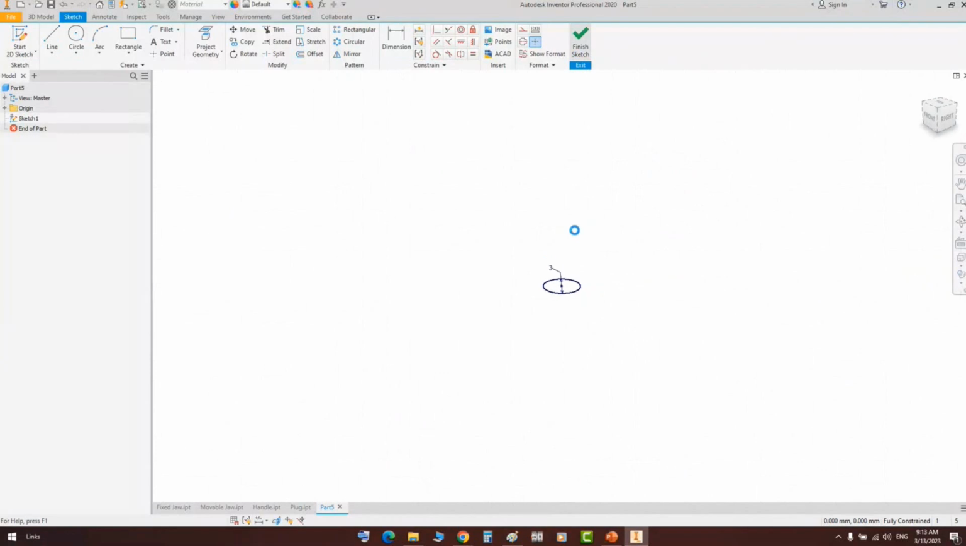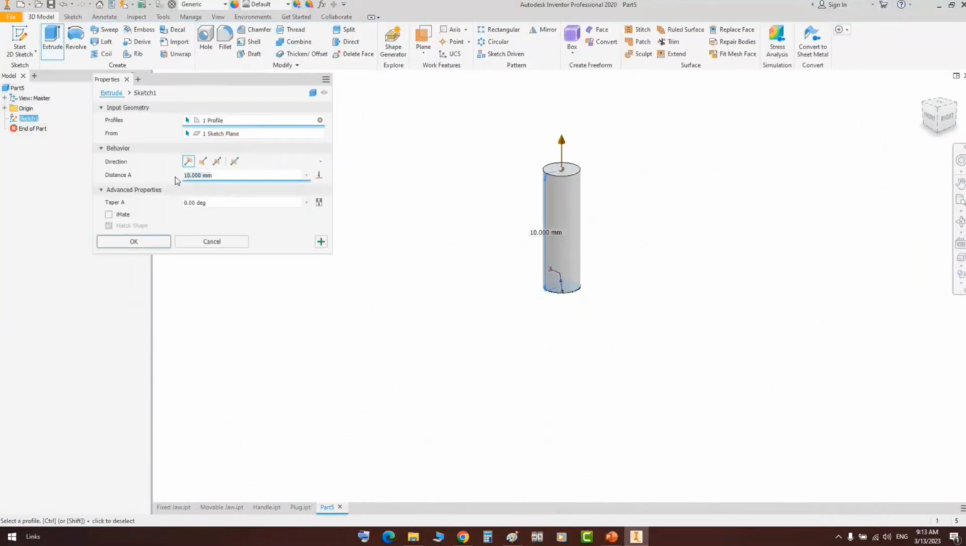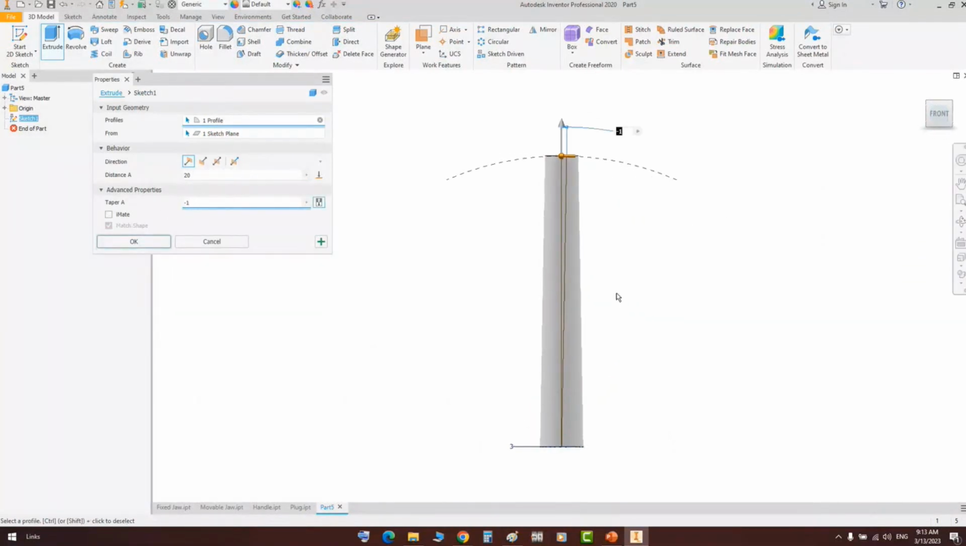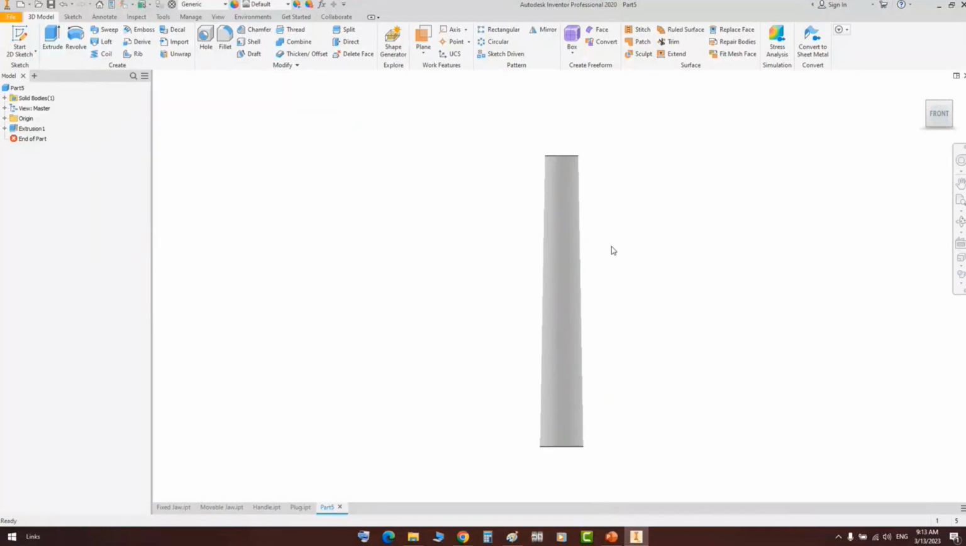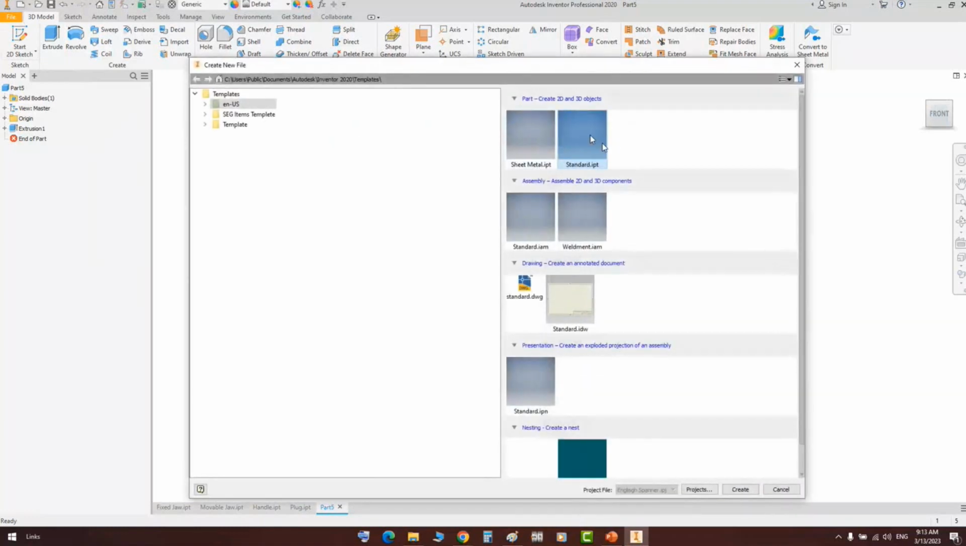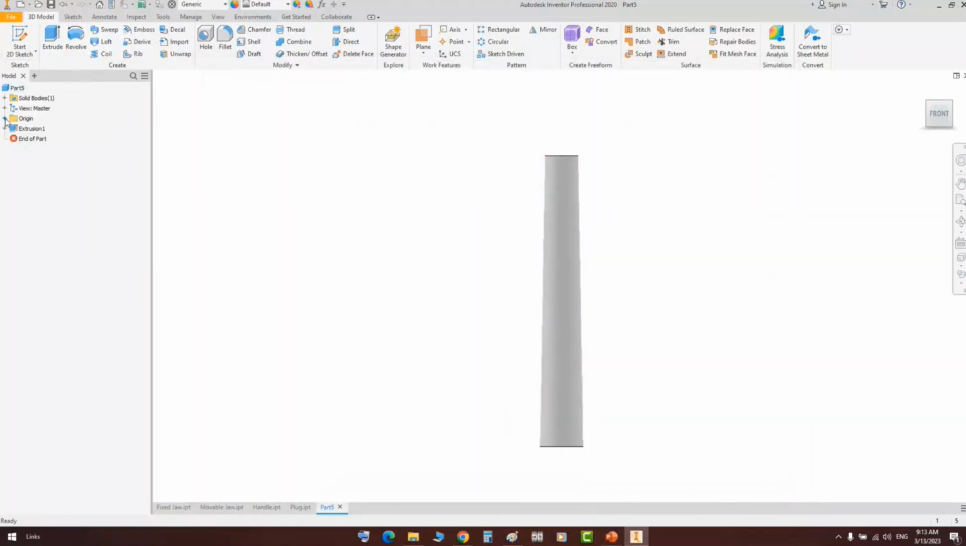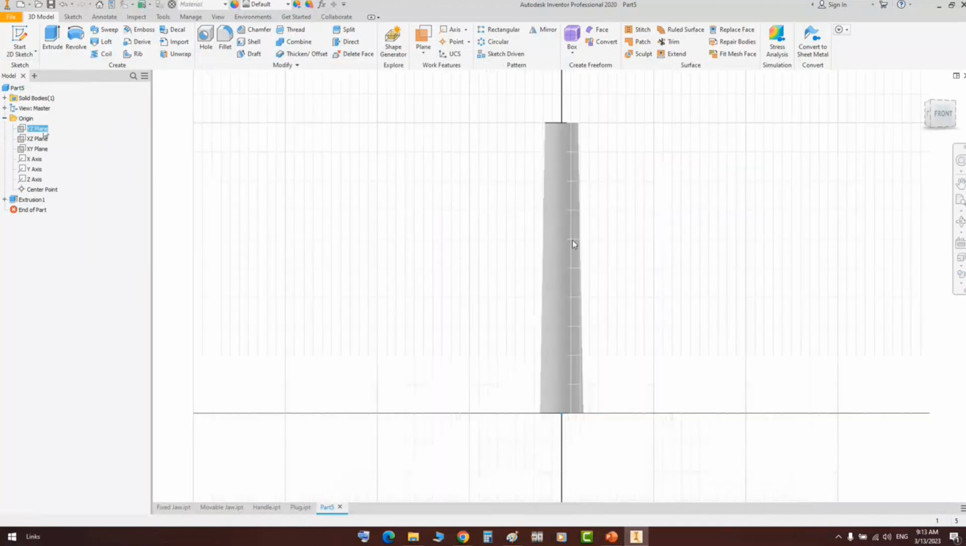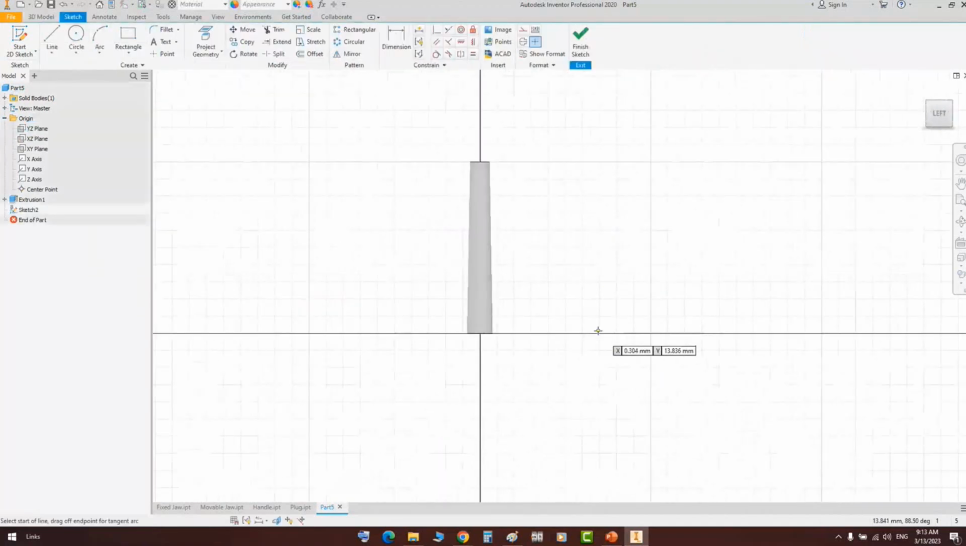For that, we can extrude with 20 millimeters length, and here from the taper you can define the taper value as 1 degree, for example, so you can get that tapered shape like that. Or by using the revolve feature, if we take another section here and make a center line like that